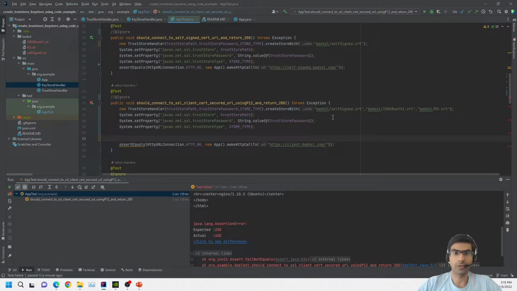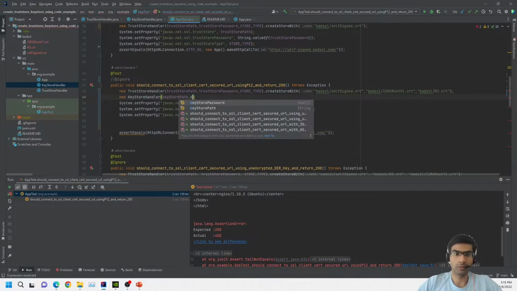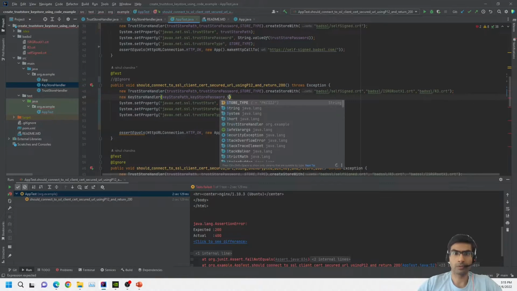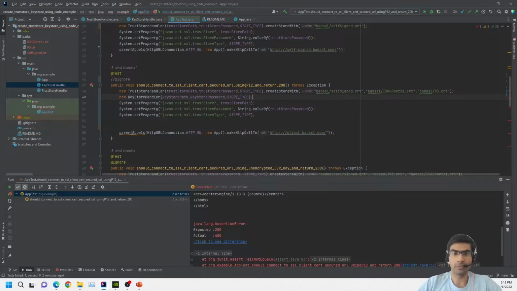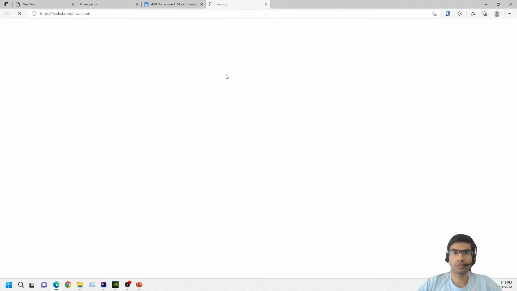Over here, we'll basically say the key store path, password, store type, and we are dealing with P12. For this, we first have to download the P12. So if we go back to the README, you will see there is this download. If I go to